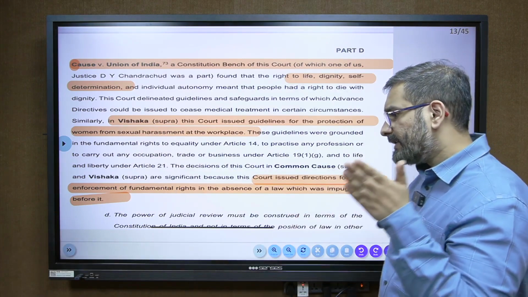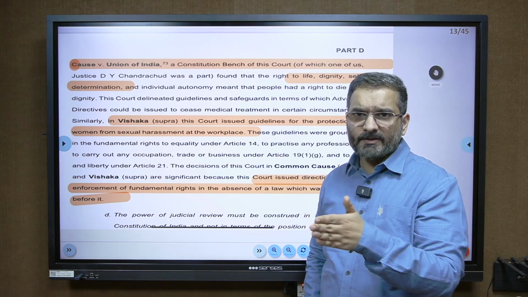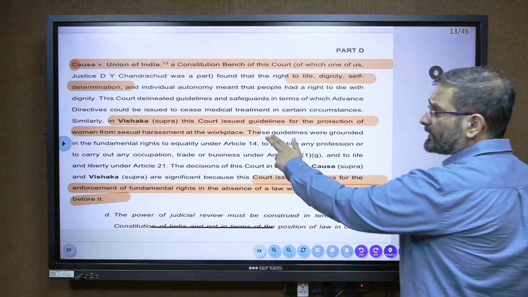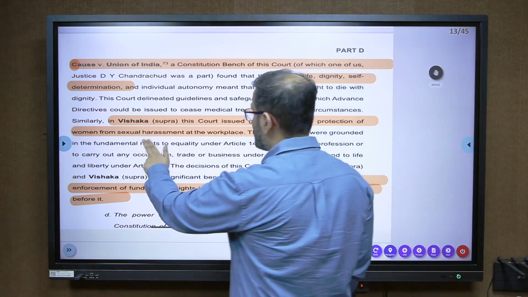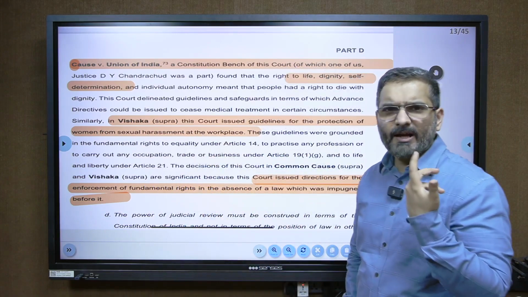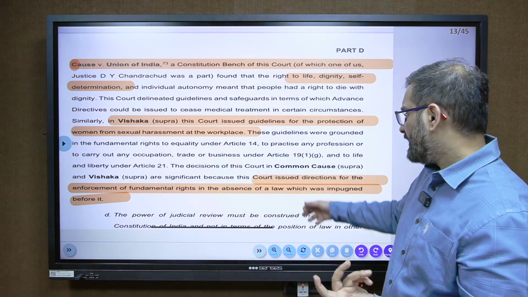At the workplace, to protect them from sexual harassment. In Vishaka, this court issued guidelines for the protection of women from sexual harassment at the workplace. This is absolutely dead on simple, right? And then